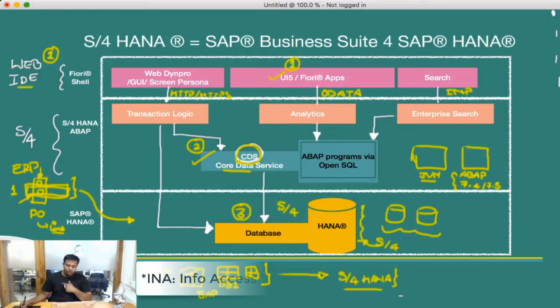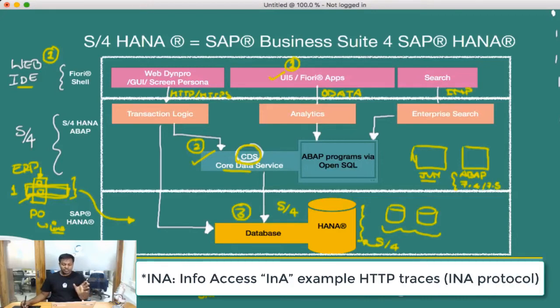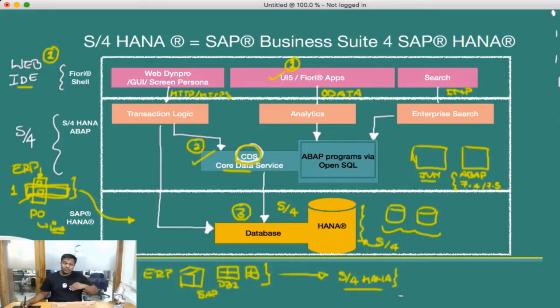Yeah. So enterprise search is a completely different thing. We're not going to touch that. We are going to just see UI5, then CDS view with ABAP, and also we are going to see analytics application, more and more of that. Fiori extension, we're going to see a lot of things here, and then we are going to see the database,